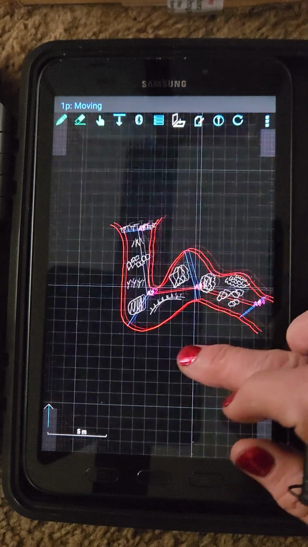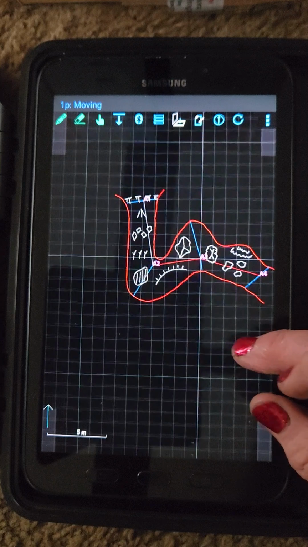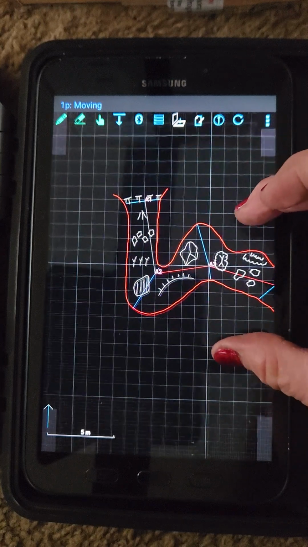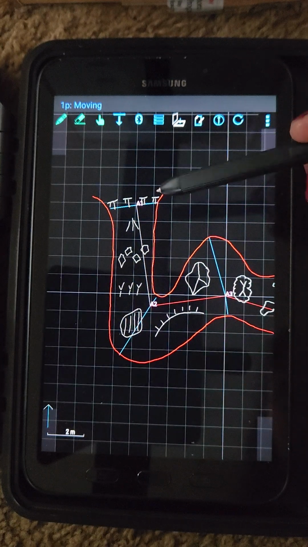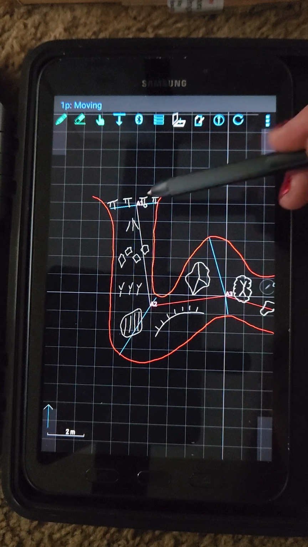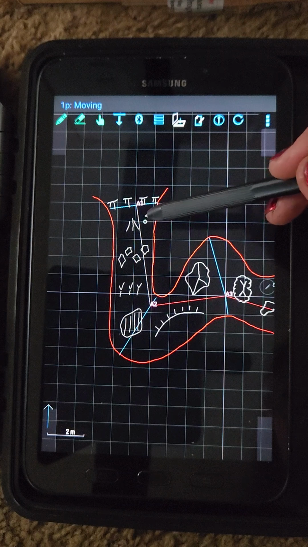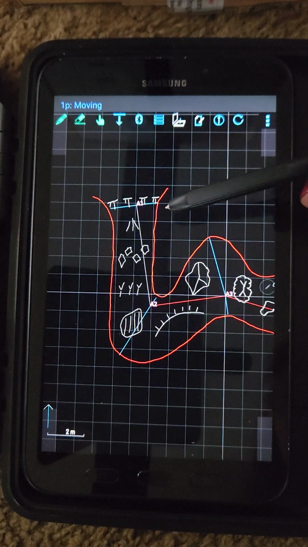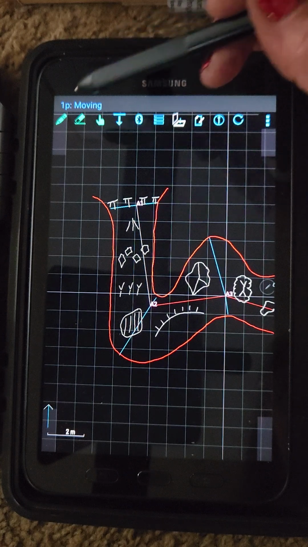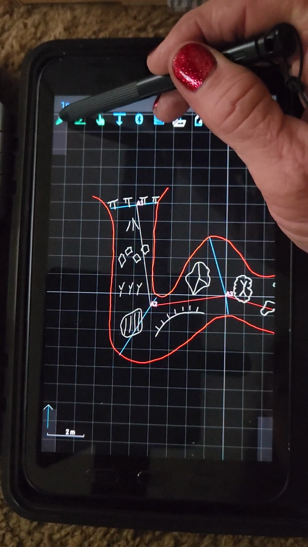All right, so now we're back to our cute little cave, and I have decided that I want to draw a cross section not at station A1, but in between. So I'm going to draw it just inside the entrance right here, and how I'm going to do that is I'm going to click on my drawing tool,